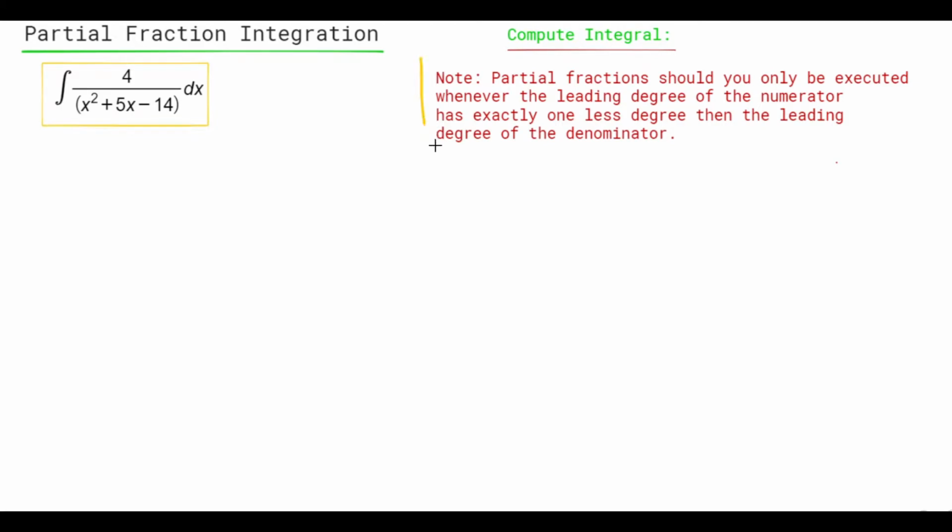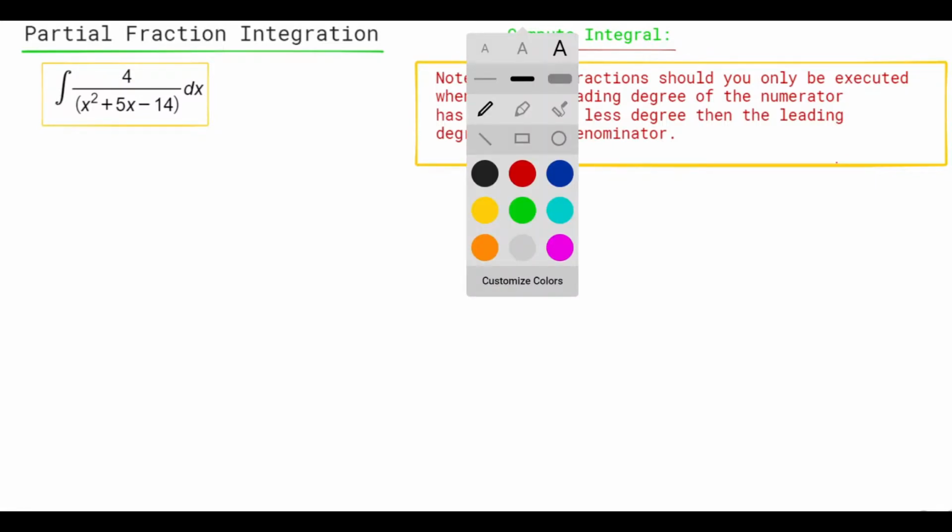For this example, notice how we have 4 divided by x squared plus 5x minus 14. And notice how the note says partial fractions should only be executed whenever the leading degree of the numerator has exactly 1 less degree than the leading degree of the denominator. So in this case, what we have to do is, for step 1, and this is only the first step you do in a lot of cases,